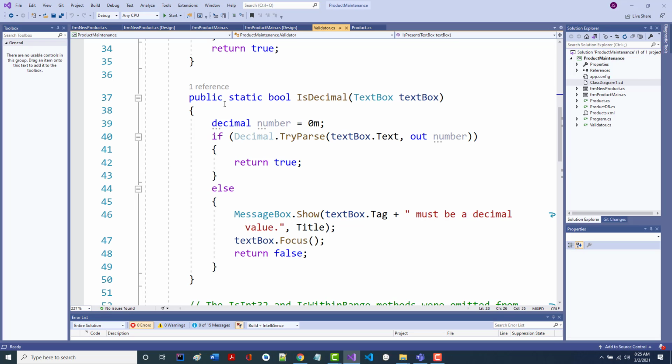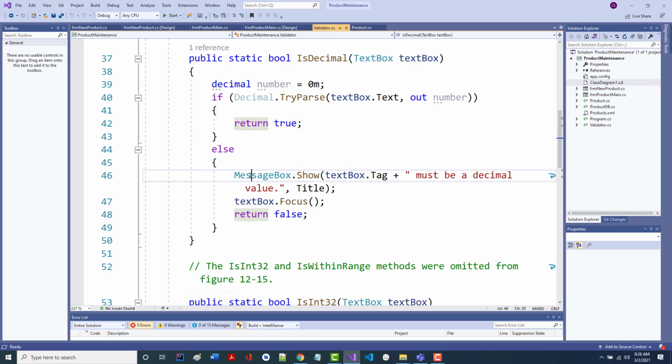In fact, if you're going to allow empty strings for certain fields, you don't have to do any validation for those fields. But in here, as it says, we're doing a try parse. Okay? If it works, we're going to return true. Otherwise, we're just going to bring up a message box. Okay?